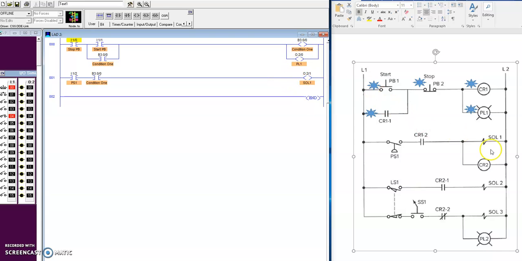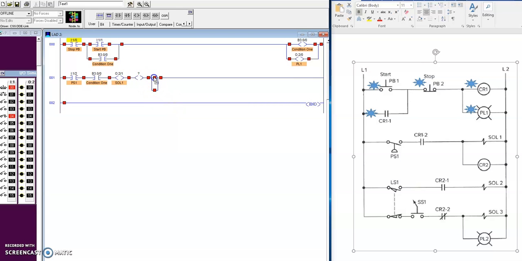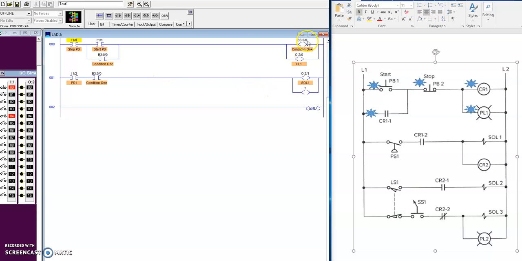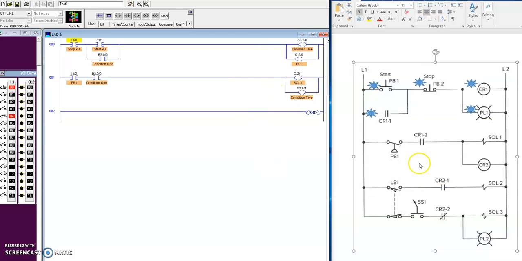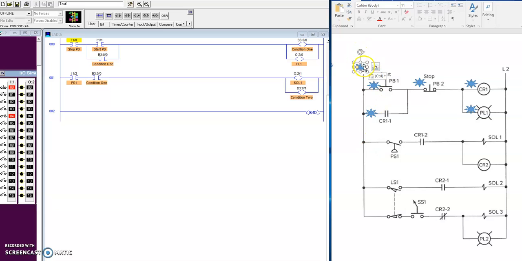But I also want to engage another output instruction. I'm going to have to create a branch for this so that it will also go true under this condition. I used B300 already, so I'm going to use B301 for this one. And I've given a description of condition 2. So over here I'm going to go ahead and create some notes so that I'll know that I've already programmed all of these devices